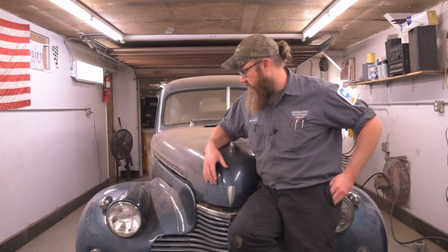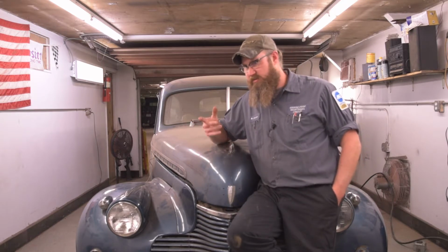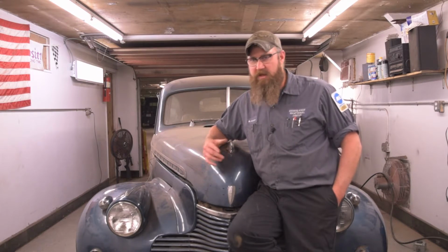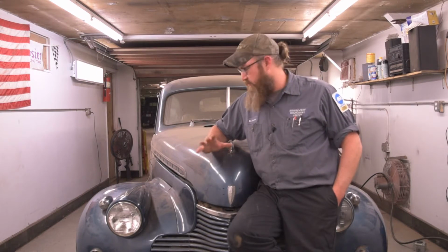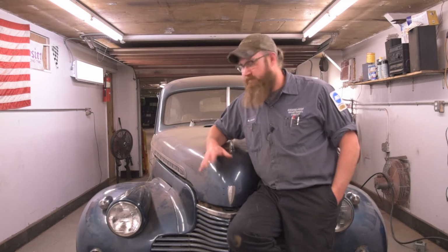Today on American Heritage Garage, we are going to dig into the 40 Chevy. Before I get into anything, I'm going to lay out all the parts. The guy whose car this is, he had some parts he sent along with the car, and I already made a trip to Napa and picked up everything I think I'm going to need. So we're going to look through all that stuff, and then we're going to prop the old hood up here